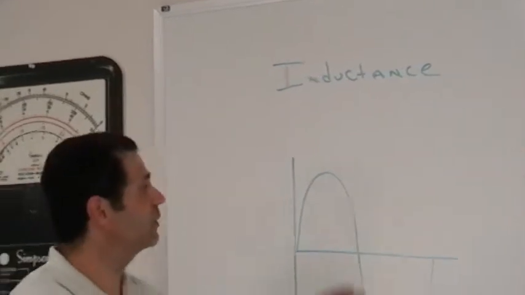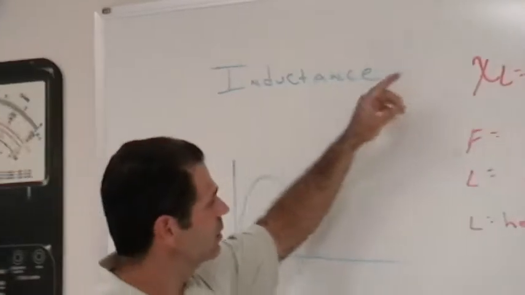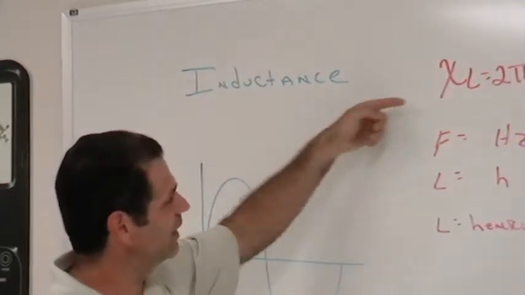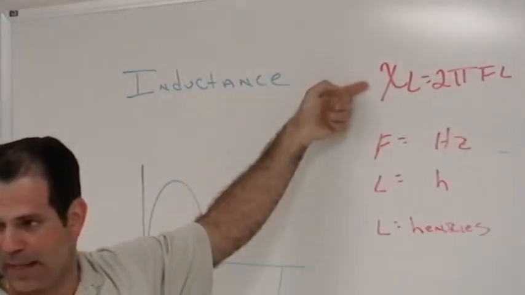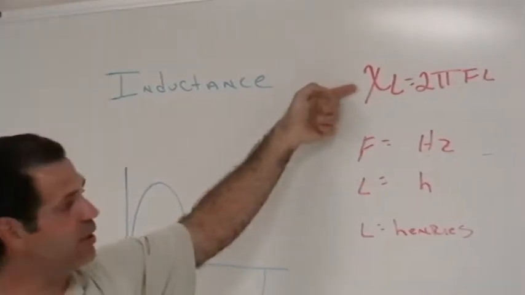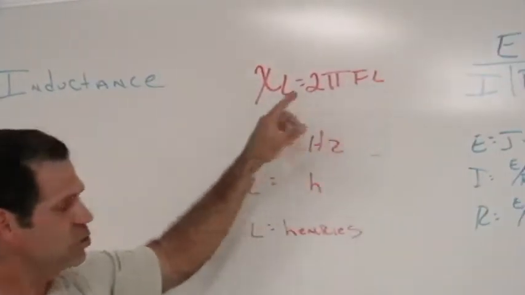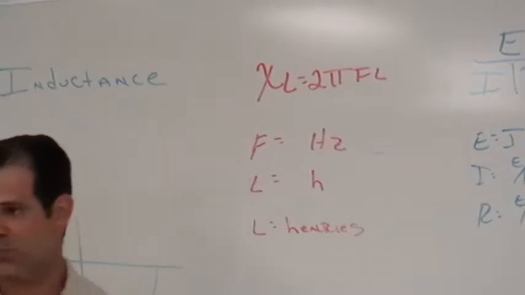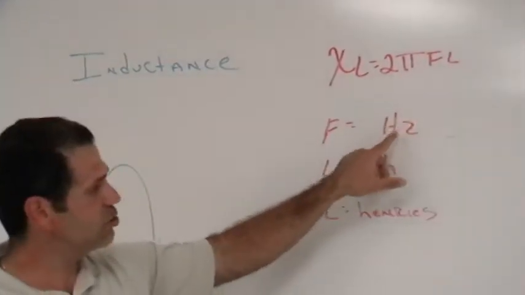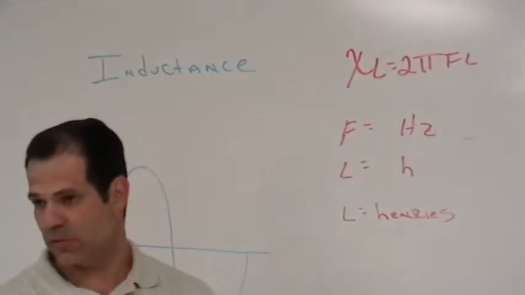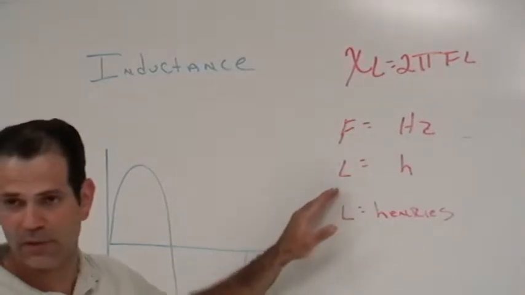We're going to recap on inductance. Some of the topics that involve inductance are, for example, inductive reactance, which is X sub L. In this formula, 2 pi FL, 2 pi stays constant, that doesn't change. Frequency does change. We can change the frequency, and we can change the value of the inductor, which is